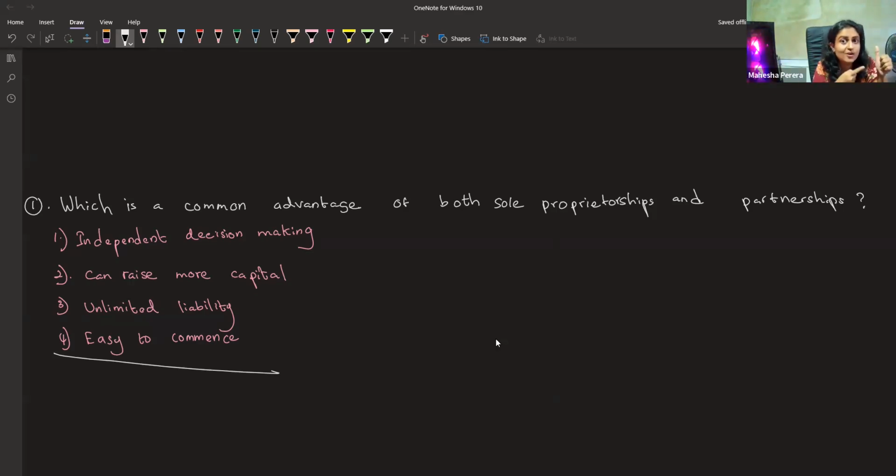But if you take incorporated companies comparatively, it is hard to start. But it's a very good business, especially from the law. By the law, this business is highly protected. හරි නීතියෙන් මේ business එකට ලොකු ආරක්ෂාවක් තියෙනවා පුතා. If you have followed the classes last month, you know why.